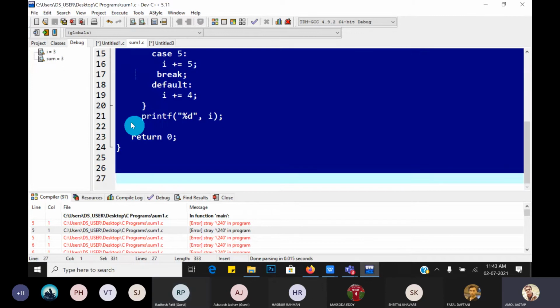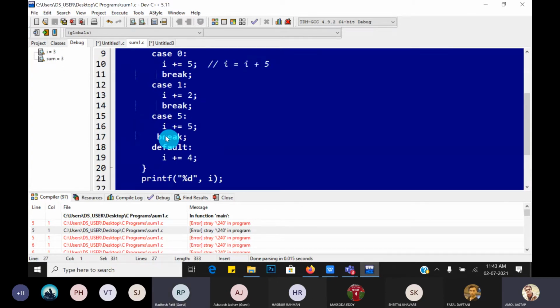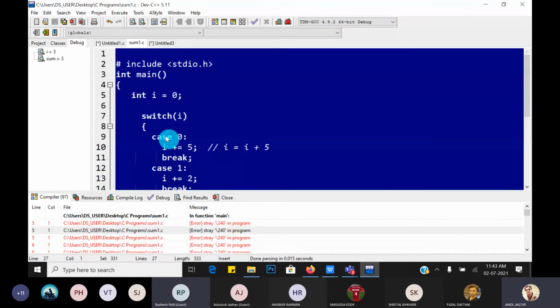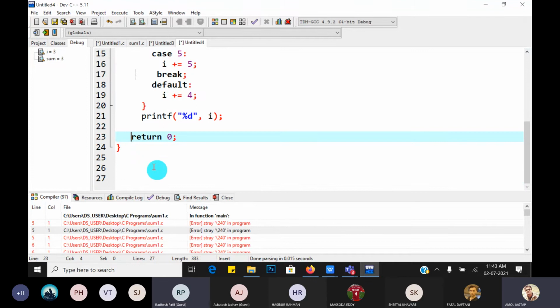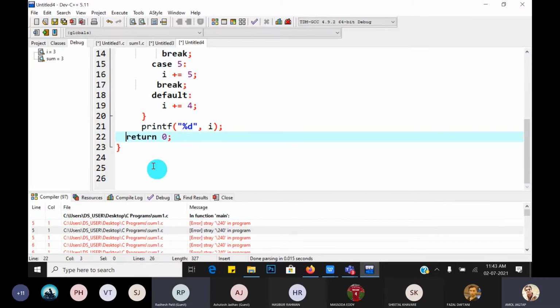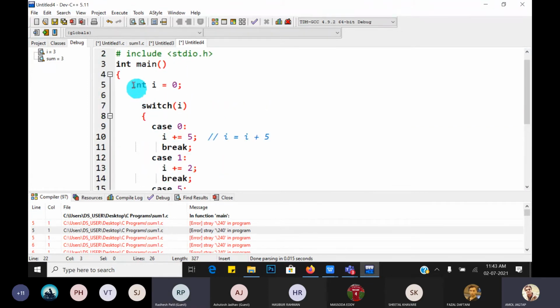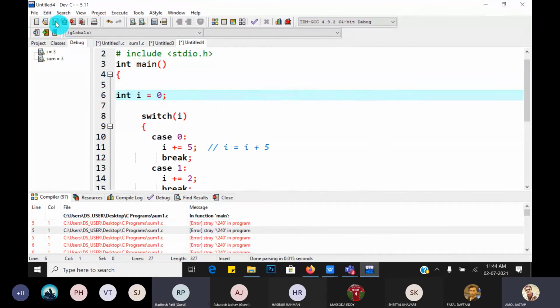Either you can copy it properly, and check whether this text font is the same.